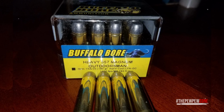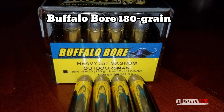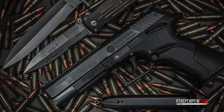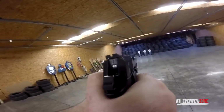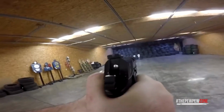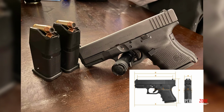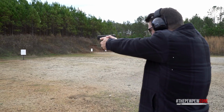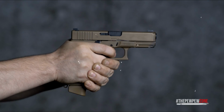Now, if you're thinking of shooting those beefy Buffalo Bore 180 grain rounds from a shorter barrel handgun, like a Grand Power P40L with a 4.25-inch barrel, brace your eardrums for an even louder bam. And if you're firing shots from a Glock 29 Gen 4 with an even shorter 3.78-inch barrel, that's going to be a sonic boom in comparison. Number 4,